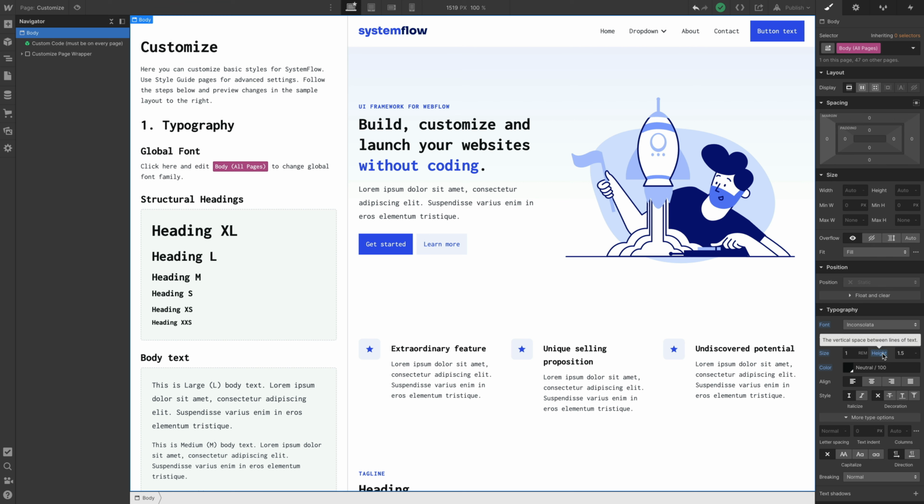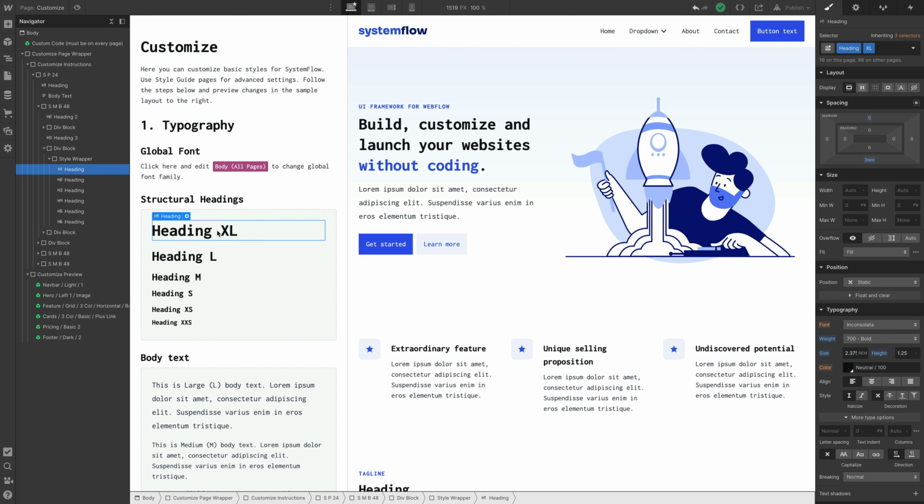So we have the size of 1 rem and also the line height of 1.5. So all the typography measurements are based in rems, and also the margins and padding around things like headings and stuff like this are in rems, so that we have responsive typography, and I'm going to talk about that later. Now, if you select the heading, you'll see that we have the heading XL class applied,